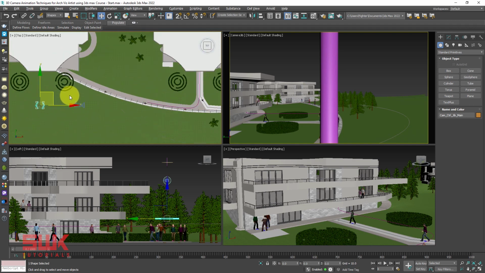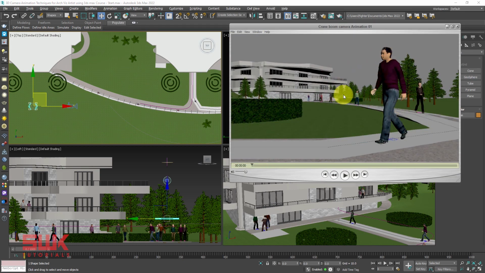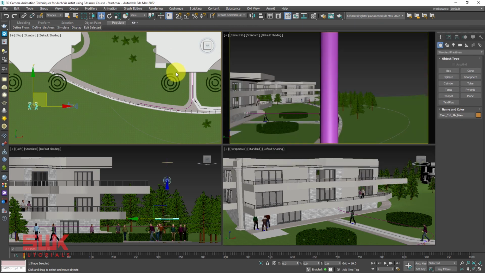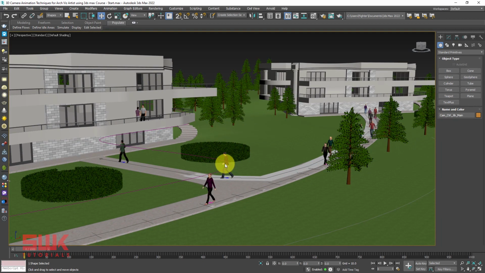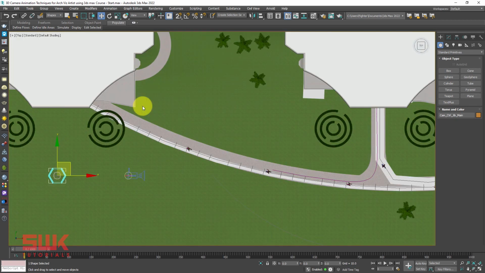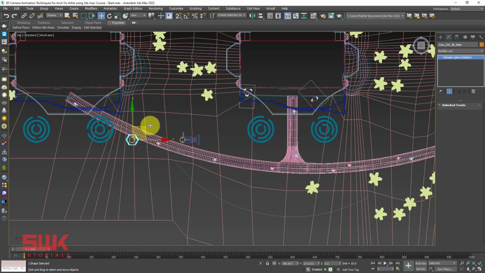Then we will set the starting camera angle. You can see right now this is my starting camera angle and this is my ending camera angle. So if I go into my viewport and click on Perspective, you can see this is my starting character and this is my ending character. If I press T on the keyboard, F3, you can see this is my ending character and this is my starting character. So I will select the main controller, Control Jib Main, and I will move this whole rig.